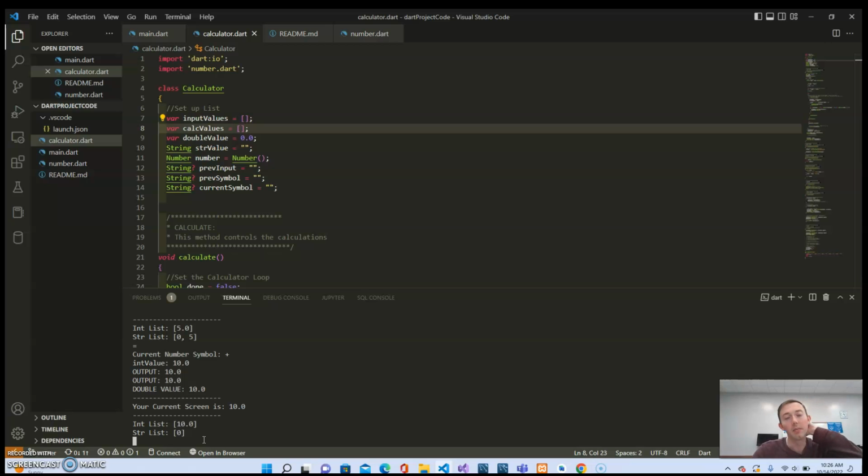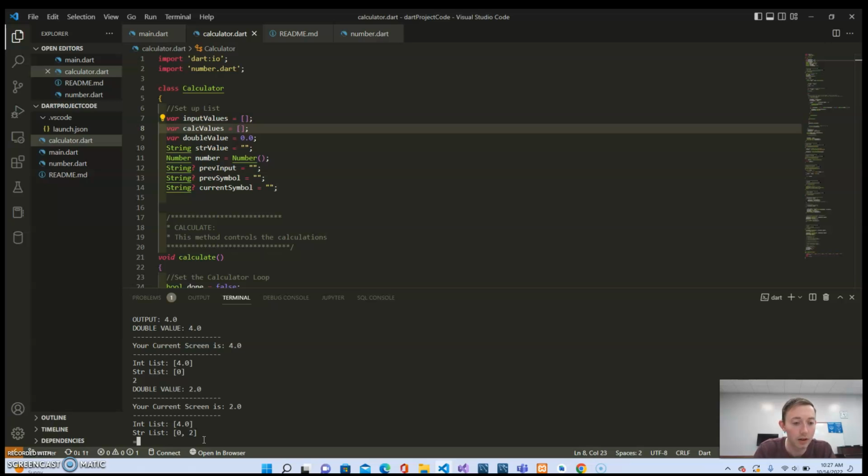Now, another distinct feature of a calculator that you might see online is, yes, it's showing a value of 10. But what if you want to start a new calculation but you don't hit the clear button, you just start typing? Well, I accounted for that feature, so I can do like 4 times. Notice here in the string list I have a 4, but in my int list I have 10. So what it should do is remove the 10. And it does. It removes it, and then you can just start playing around with this, just like before with other calculations,